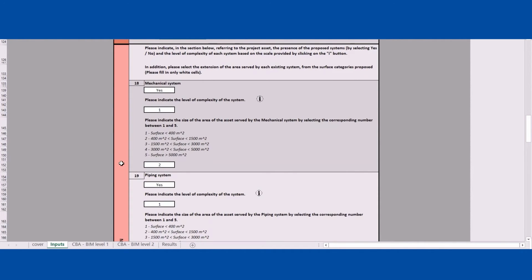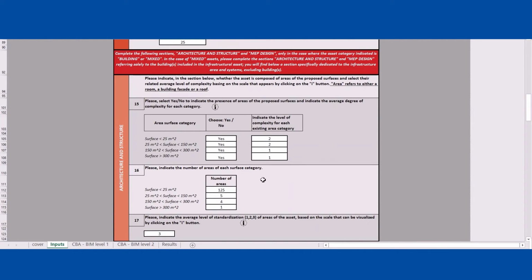Third section, architecture and structure. Firstly, in architecture and structure, we need to consider the surfaces of our project asset which need to be modelled. We select whether there are areas and/or rooms in the asset with a surface that is included among the set of proposed surface sizes. In particular, we counted that the asset comprises about 125 rooms whose surface is smaller than